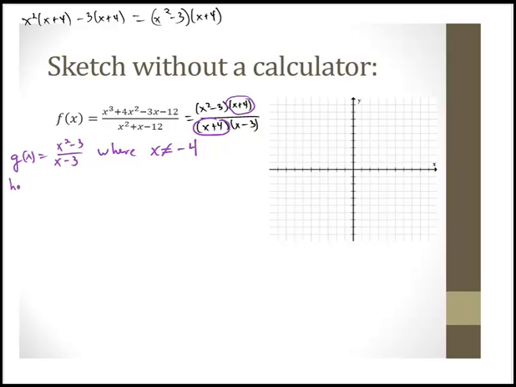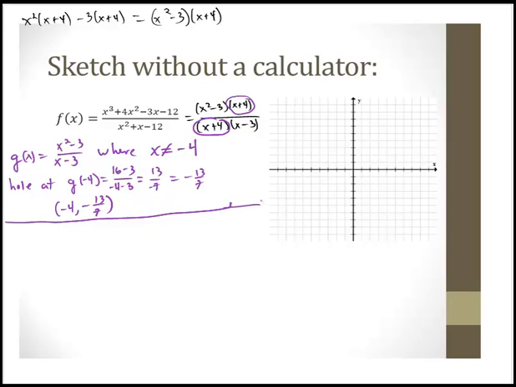And in fact, we will have a hole at negative 4: g of negative 4 is 16 minus 3 over negative 4 minus 3. That's 13 over negative 7, negative 13 sevenths. So we have a hole at negative 4, negative 13 sevenths. Let's remember that. Now working with g of x,